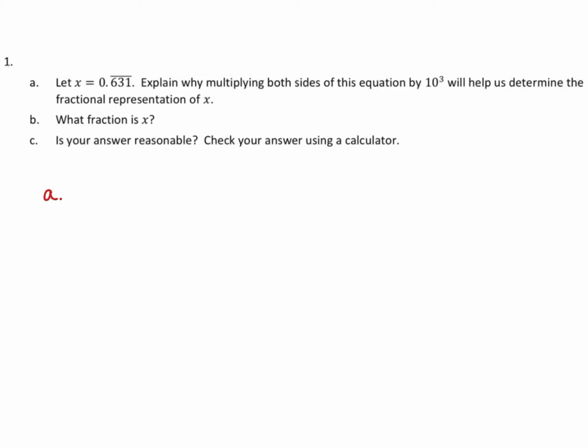Let x equal 0.631 repeating. A, explain how multiplying the equation by 10 cubed will help us determine the fractional representation of x. The reason why we multiply by 10 to the third power is it gets one set of the pattern